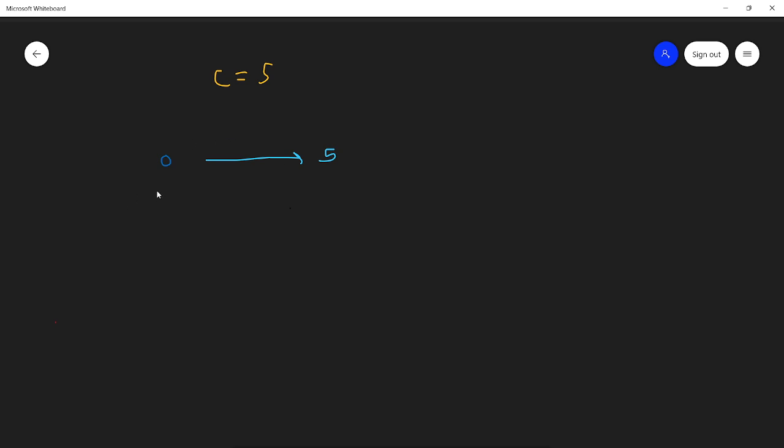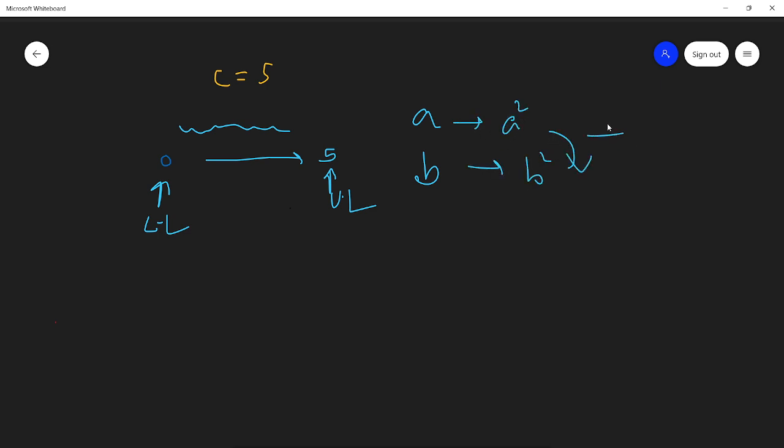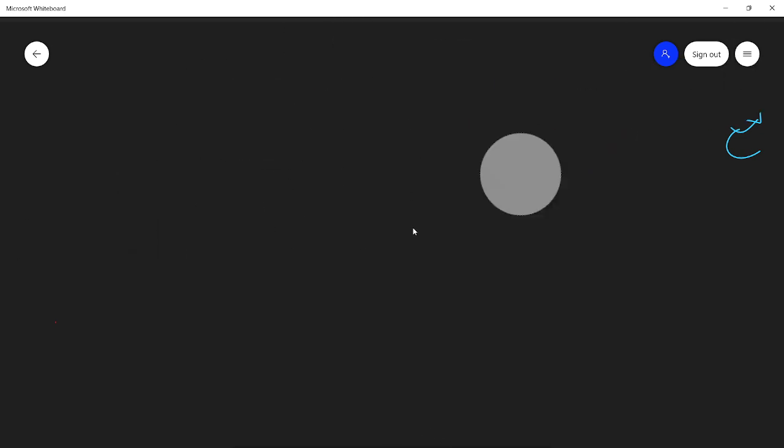This will be my lower limit and this will be my upper limit. I have to find between these two, two numbers a and b such that if I do the square of both and add them, it gives me this c. This is what we need to do.